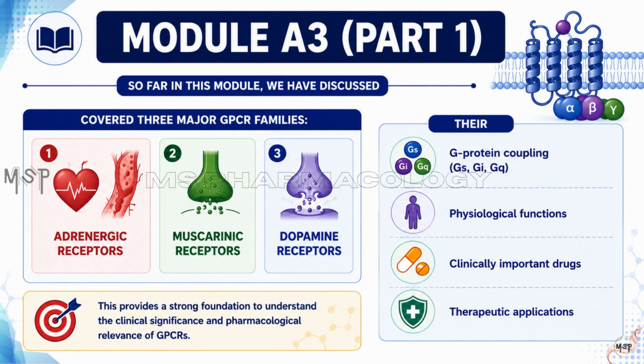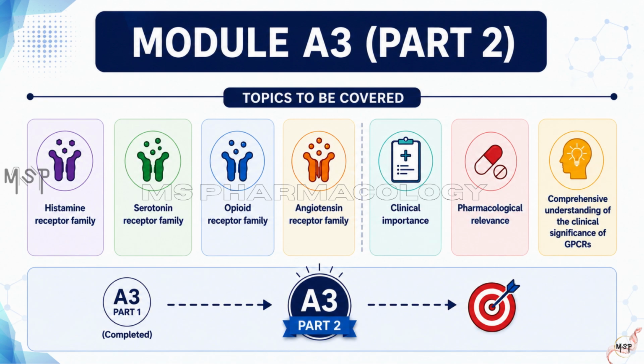So far in this module, we have discussed three major families of G protein-coupled receptors: adrenergic, muscarinic, and dopamine receptors, covering their receptor subtypes, G protein coupling, physiological functions, clinically important drugs, and therapeutic applications. To complete our discussion of the major GPCR families, we will now examine the remaining receptor types that are highly relevant in pharmacology. In this section, we will focus on their physiological roles, clinical importance, and pharmacological relevance, beginning with